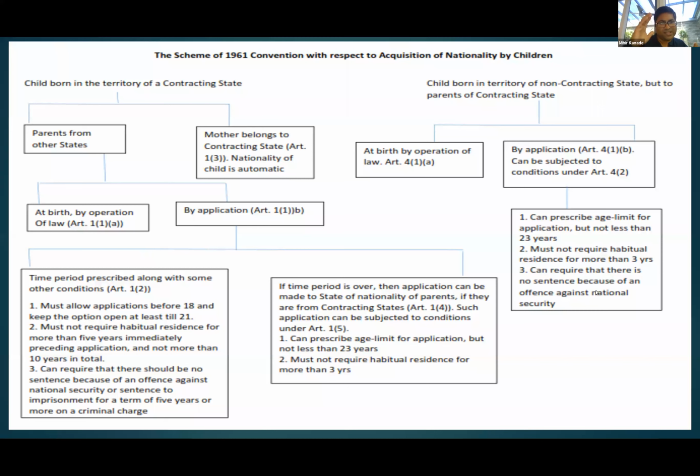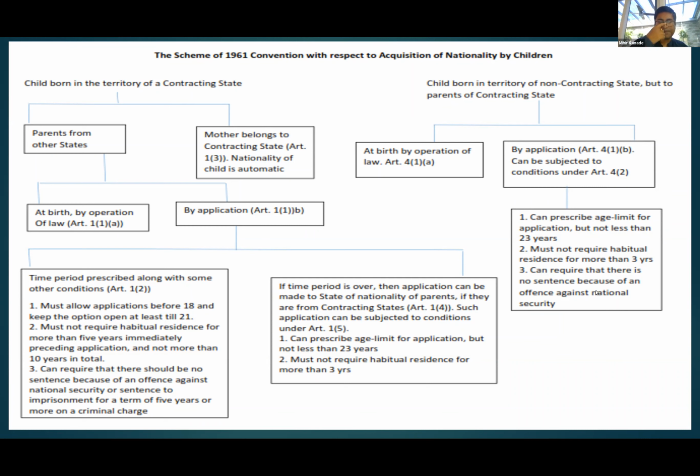So 5 years is the maximum you can go to, and not more than 10 years in total. Okay, so countries can require habitual residence conditions to be satisfied, but those must be within the limits of what the 1961 convention says, which is that immediately preceding the application, please don't insist that you must have been a habitual resident for more than 5 years. And if you are not looking at immediately preceding but total numbers of residents, then don't require such residence for more than 10 years, because that is unnecessarily putting limitations on the possibilities for children or persons in this situation